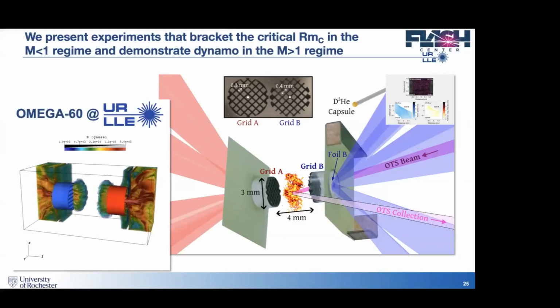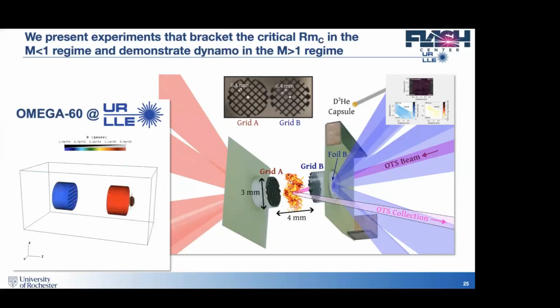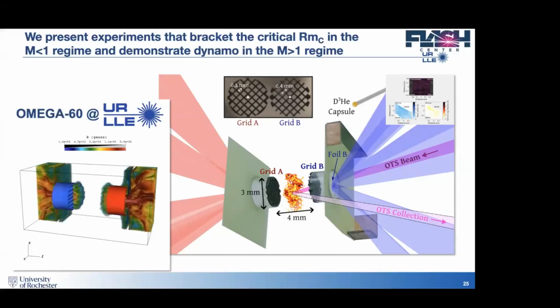It's an open question: when does dynamo actually set in? It really depends on who's running the simulation. And this effort essentially leverages the fact that once you are able to achieve dynamo in the center, if you wait a little bit, what happens is that